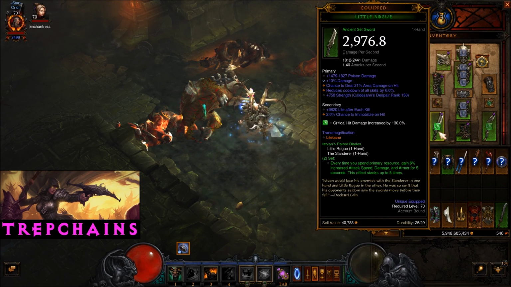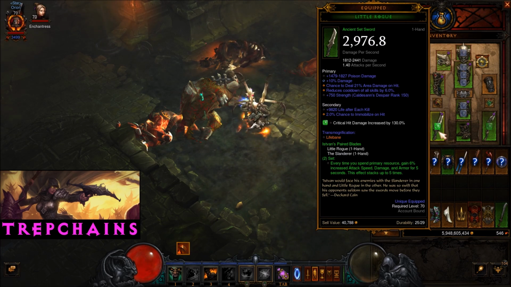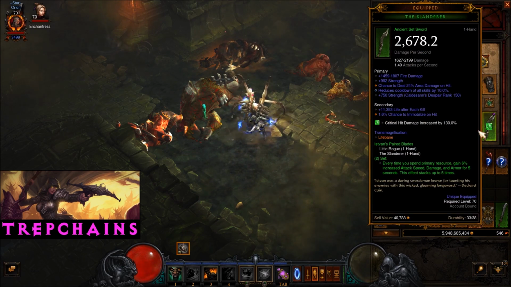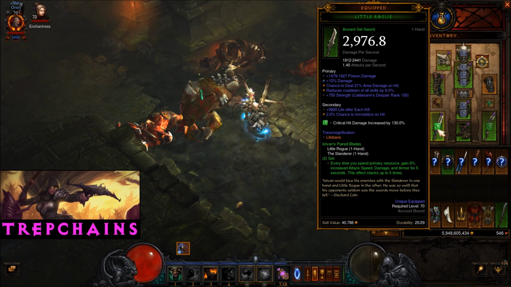Moving on to my Istvan set. So running Istvans here. Rend is mainly based off your main hand damage, so that's important to remember if you're running a set like this. You want the one with the highest damage number, really, to end up in the left you see here, but technically your right hand. So,